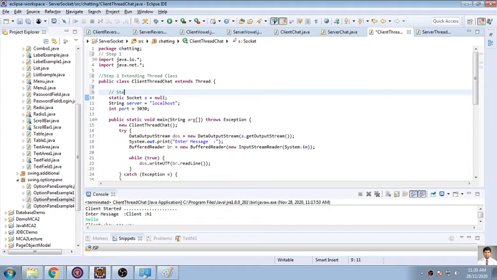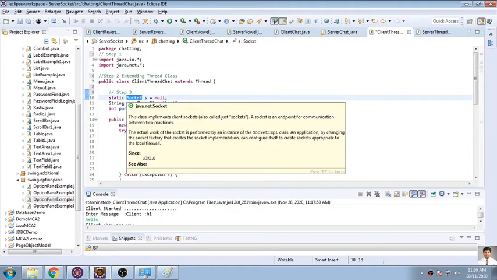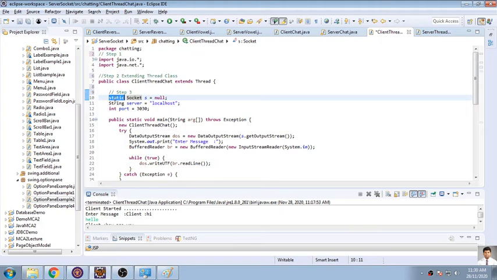So this is step number 3. I want a socket and I want that socket to be constant, so I have used static. So for initialization, whenever you are moving to the thread, you have to make it static, because a duplicate socket should not be created automatically. So static means only a unique static socket object will be created. I have initialized it to null. Then I am saying what the name of my server is and what the port number is to which I will be getting connected. So this is step number 3, that is only initialization.